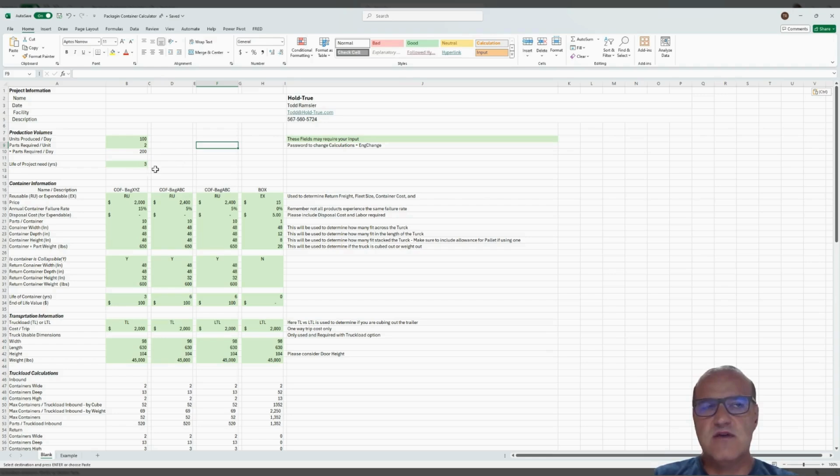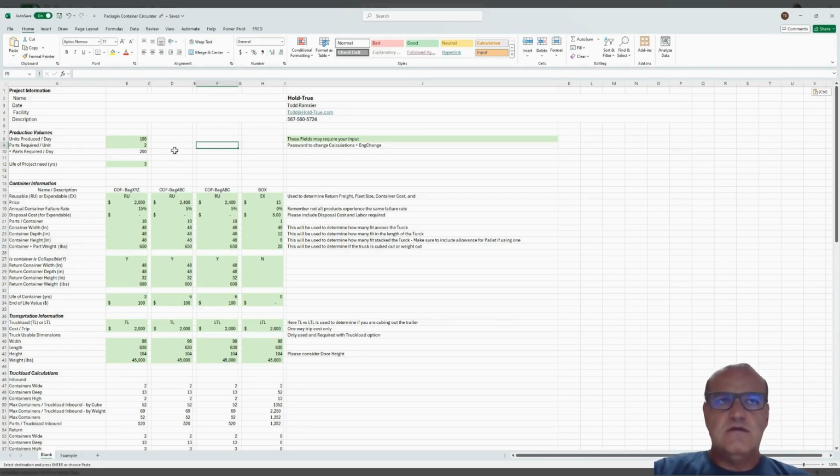It impacts the calculations below, mostly based on how long the packaging that you're going to be using is expected to last. Some of it's expected to last 2 years, some 3, some of it 6 or longer. So it just really depends on that, and that basically helps calculate